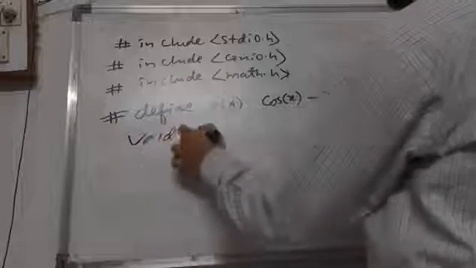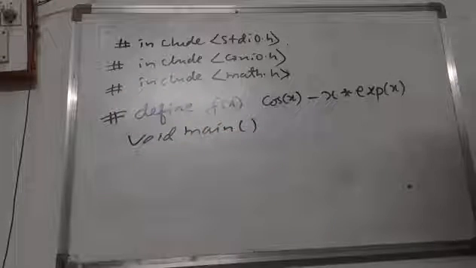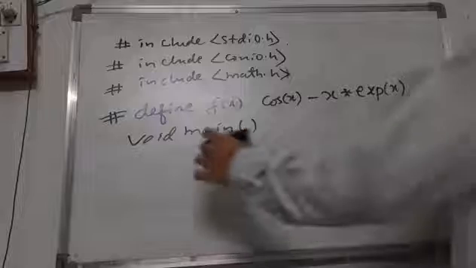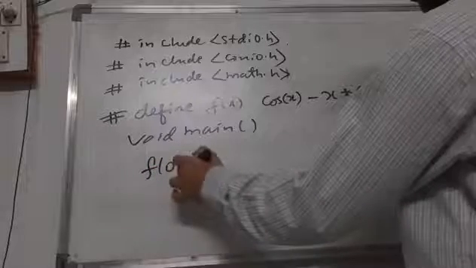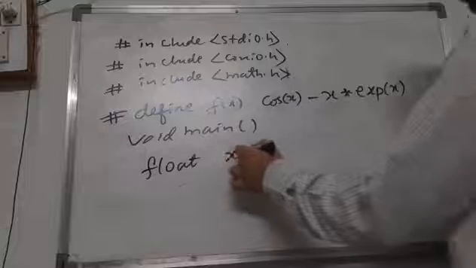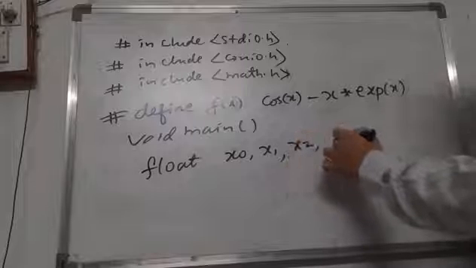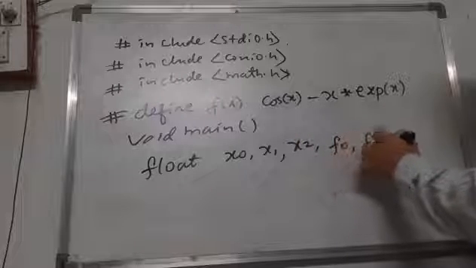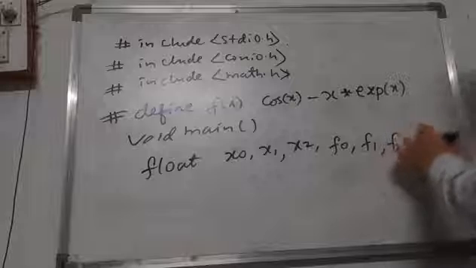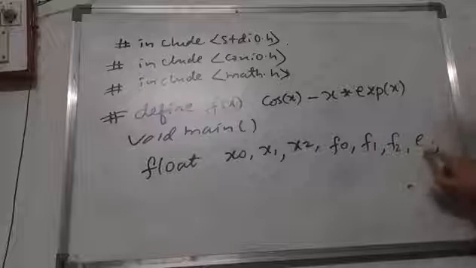void main function we are going to call. And next we are going to take the variables here. We are taking floating point variables, అంటే డెసిమల్ వాల్యూస్ ఎక్స్పెక్ట్ చేస్తున్నాం అన్నమాట. అందుకనే ఫ్లోటింగ్ పాయింట్ వేరియబుల్స్ తీసుకుంటున్నాం మనం. అవి ఏంటి అంటే float x0, x1, x2, f0, f1, f2, e. ఈ e అనేది ఏంటంటే ఎర్రర్ కొరకు, మనం ఎర్రర్ ఎంత మినిమైజ్ చేయాలనుకుంటున్నాం.